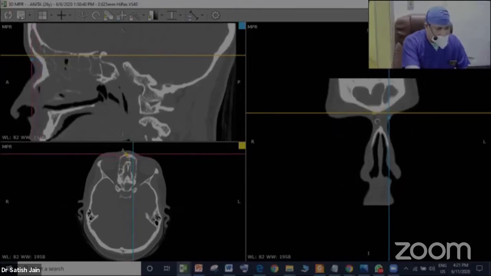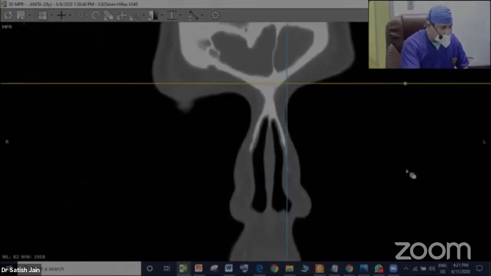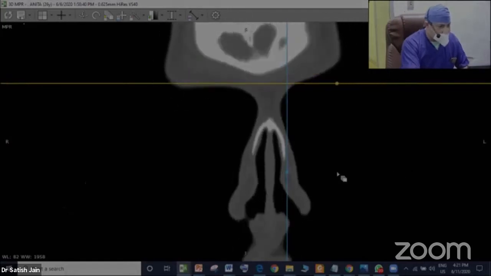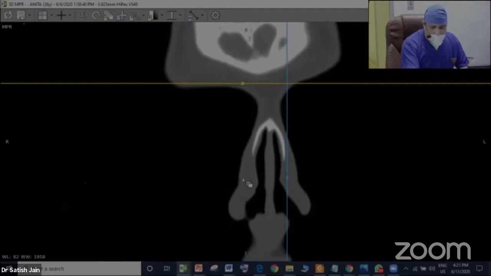So this patient's coronal CT file runs from anterior to posterior, and for junior colleagues you can see in all planes. I made the picture bigger. This is the most anterior plane. This is the frontal bone. What you see here is the nasal bone, and this is the cartilaginous septum and the ala. As I go behind, every time I move by 0.6 millimeter.